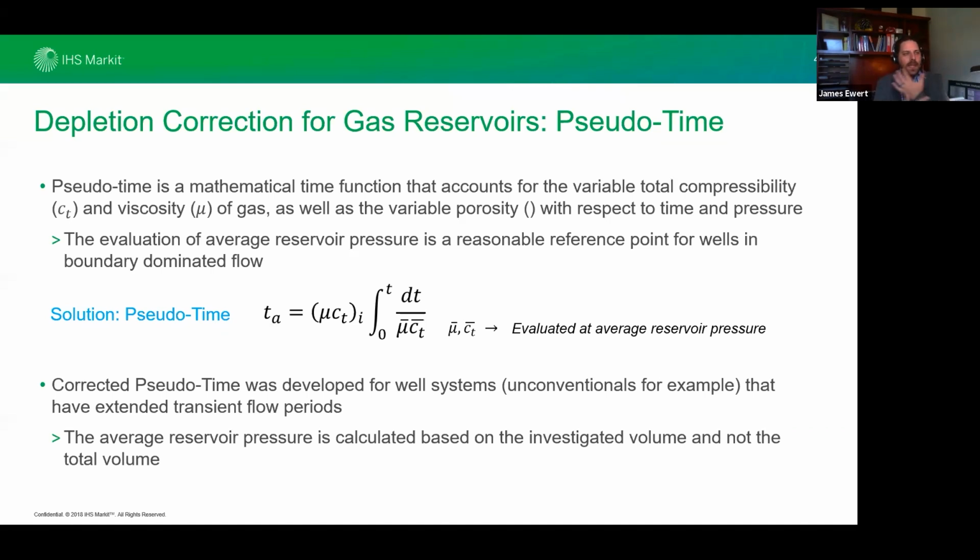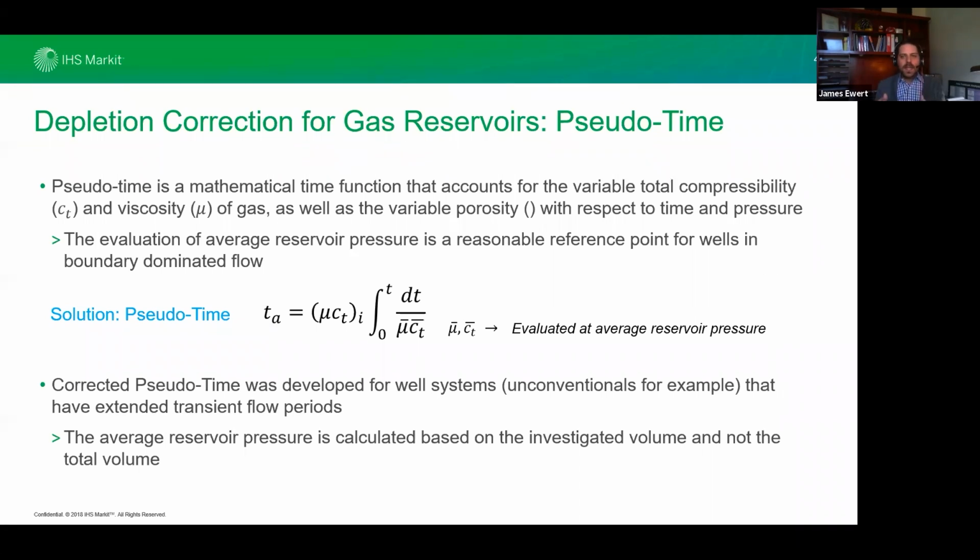When you're trying to estimate your average reservoir pressure to get these, the compressibility, viscosity, all that craziness under control, it can work quite well if you're in true boundary dominated flow. But once again, in the systems that we analyze a lot here in North America, when your permeability gets lower, if you have overpressured reservoirs, if your fractures are really close together, it can be very difficult to understand what your contacted volume is and what that average reservoir pressure should be, because the transients last for so much longer.